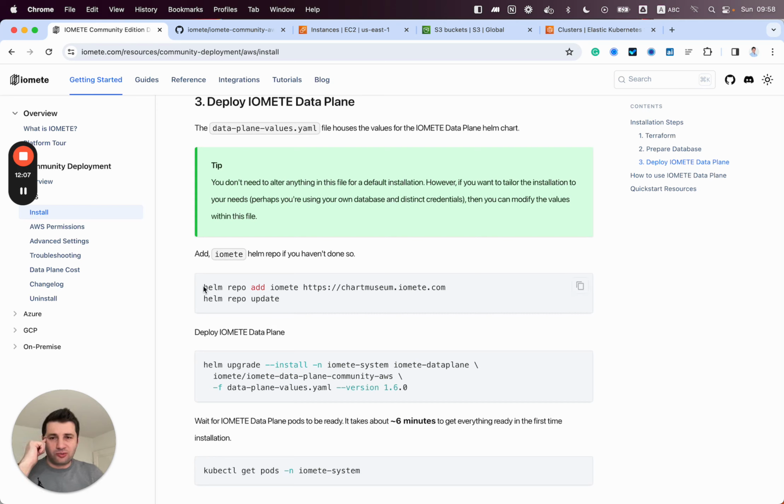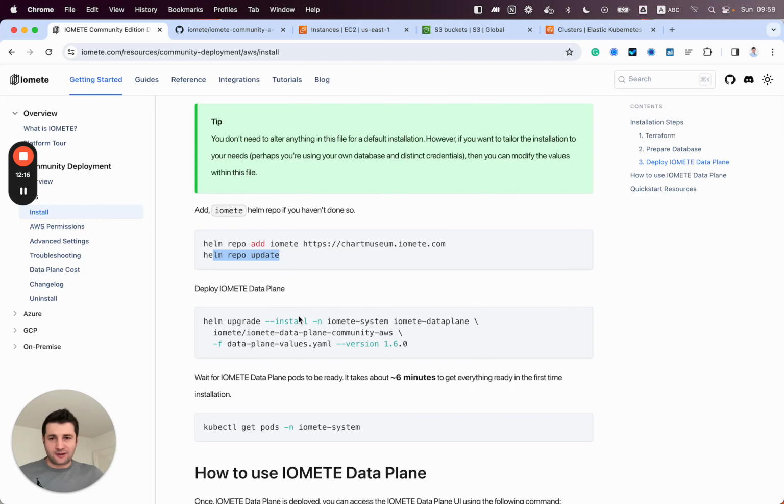For the IAM data plane, you need to add this repository and update the Helm repo on your laptop. I've done this. I'm not going to do it again. And we'll do Helm install to this namespace. This is the name. This is the chart name. These are the values.